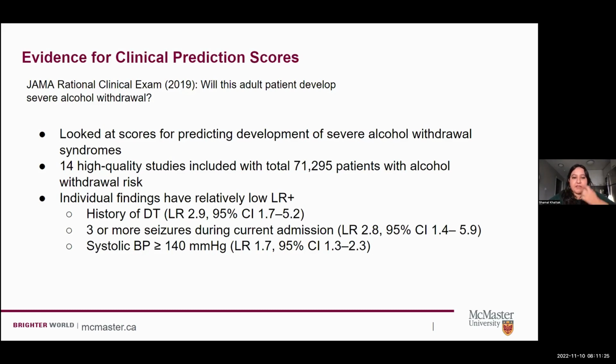So the best that they found were patients who had a history of delirium tremens on previous admissions, 3 or more seizures during the current admission, and a systolic blood pressure of greater than or equal to 140 millimeters mercury. None of these are included in the CIWA score. When we look at, on the next slide,